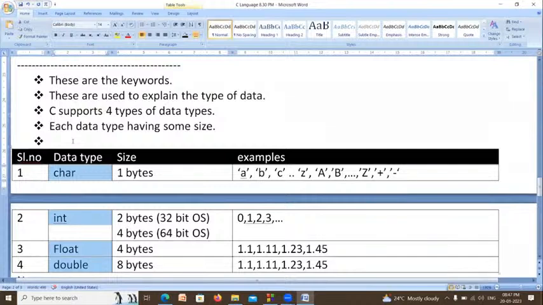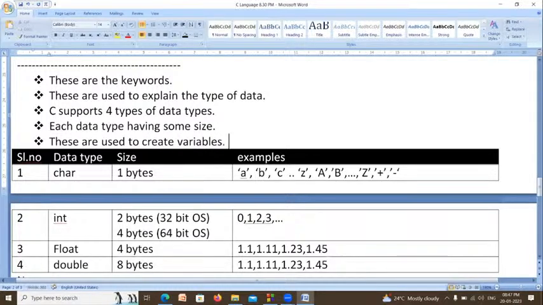Whenever you want to create a variable, then you have to use these data types. So these are used to create variables. What is the meaning of variables? Variables are nothing but containers used to store the data. Suppose whenever you are going to college, you will take a water bottle.